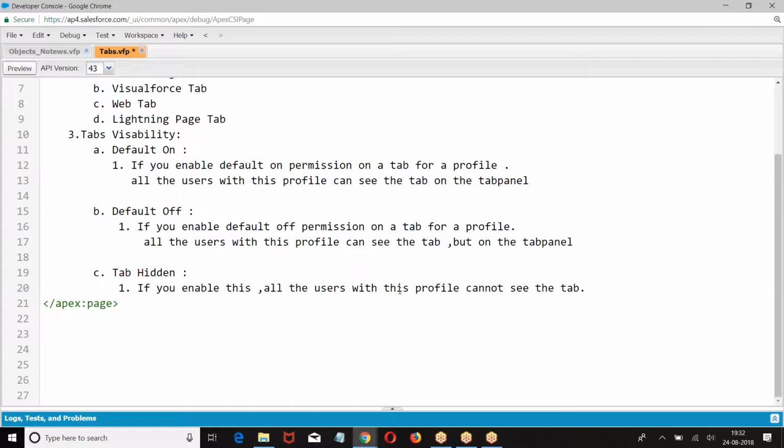Default off means you can see it but it is not on the panel. Tab hidden means you cannot see it. Default on, you can see it on the panel. Default off, you can see it, not on the panel. Tab hidden, you cannot see it. I hope you are good with this. Okay. Next one.